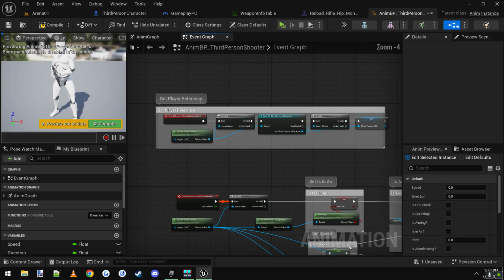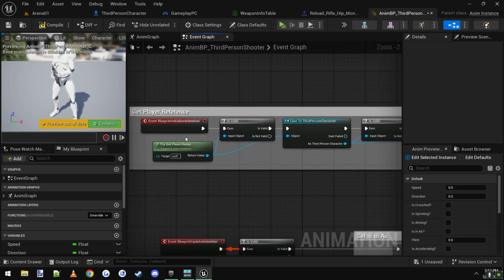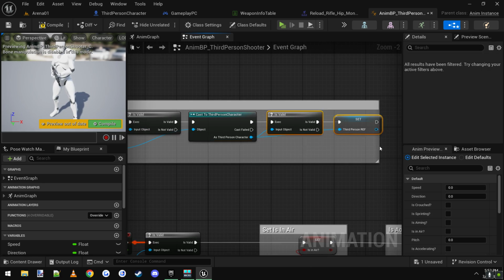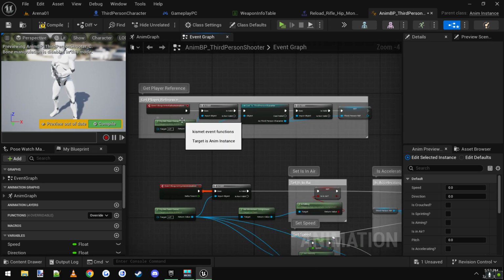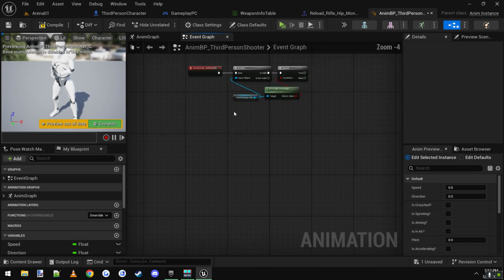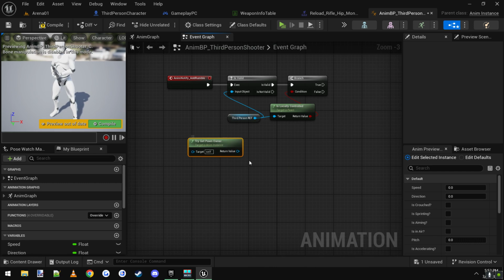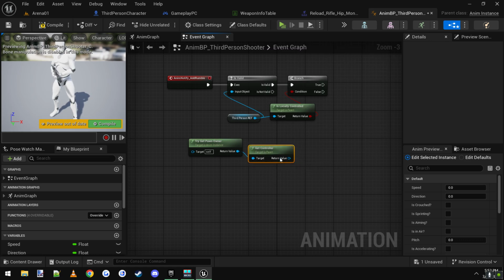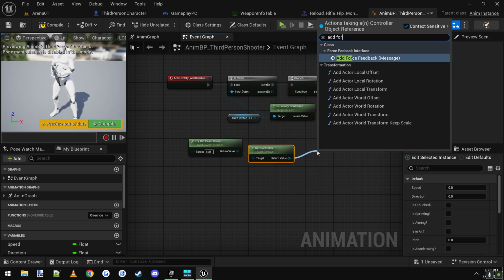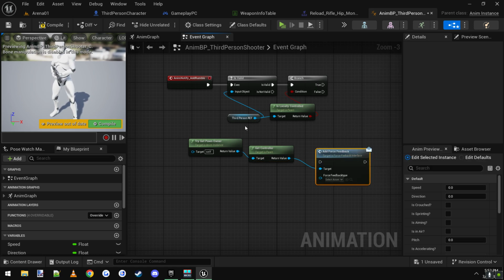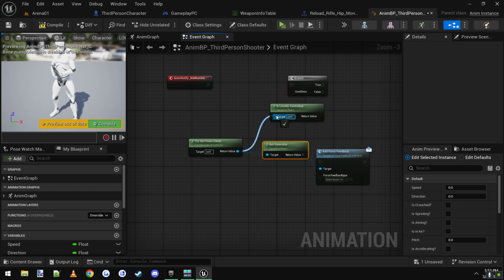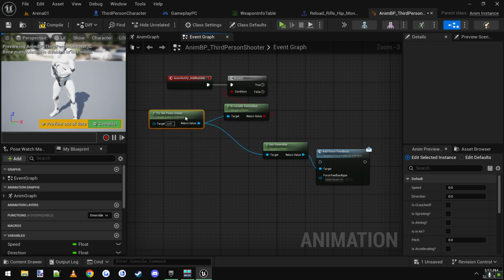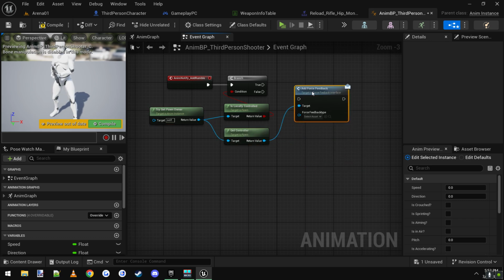So basically, since we're inside the third person character, when you begin the thing, I'm just getting the pawn owner cast and saving a reference to it. I guess technically you don't have to do this. If you wanted to do it the old school way, you can say get pawn owner, get controller, and then yeah, this would probably work. Still want to probably do this though, just to be sure, because these animation blueprints I think run on everybody. Like they have some kind of replication on some of it. So let's just go ahead and